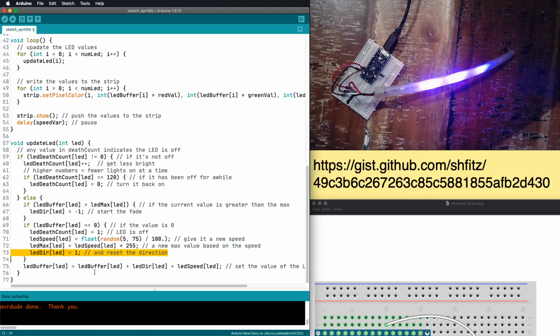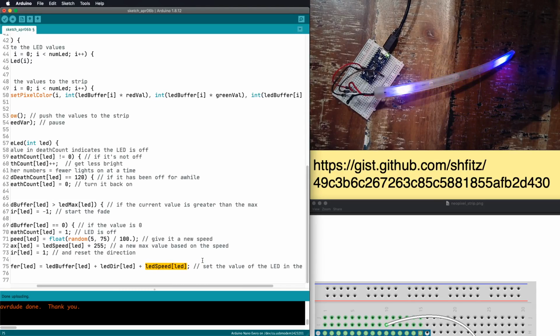And then the LED brightness is a combination of the current buffer, the current brightness, plus its direction, so plus or minus, and then the speed, right? And so that determines how quickly it's gonna